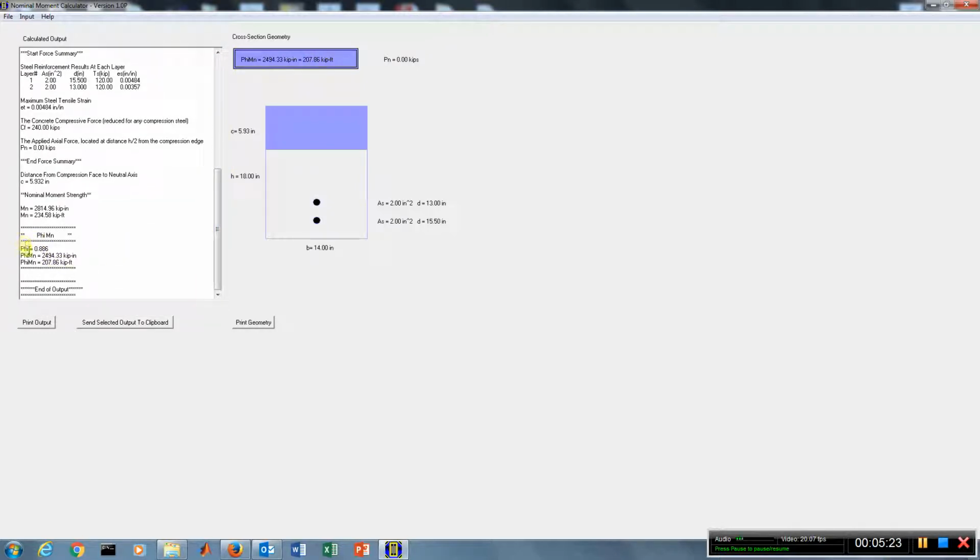Right here we can see the values also, the output of results. We can see in this particular case that phi is equal to 0.886. This actually is an indication that our steel strain is less than 0.005, and that's why it's starting to drop below 0.9. Now, I don't recommend that we design cross sections with phi less than 0.9. So this would mean that this cross section has too much steel, and the solution to that problem is probably